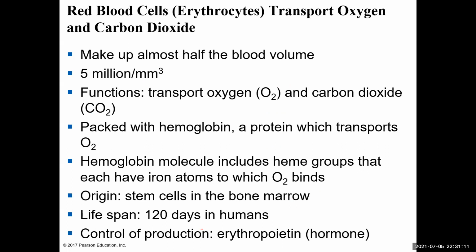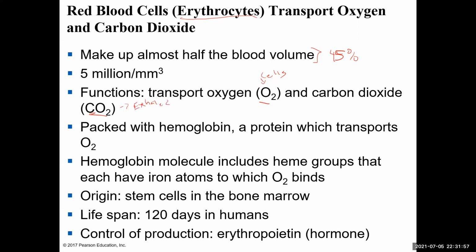Next, looking at red blood cells. Red blood cells, also known as erythrocytes, are important for transporting oxygen and carbon dioxide. Red blood cells are about half of the blood volume. Remember, we're looking at about 45%. By count, that's about 5 million per millimeter cubed of blood. And so you're transporting O2 to the cells, and then the CO2, which is going to be exhaled